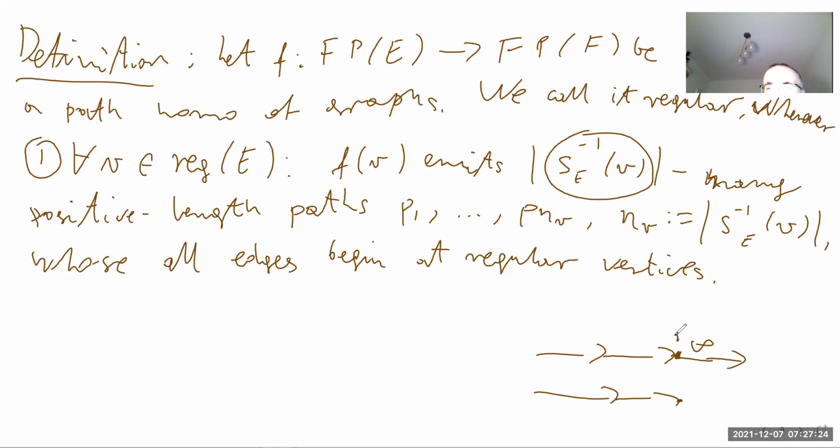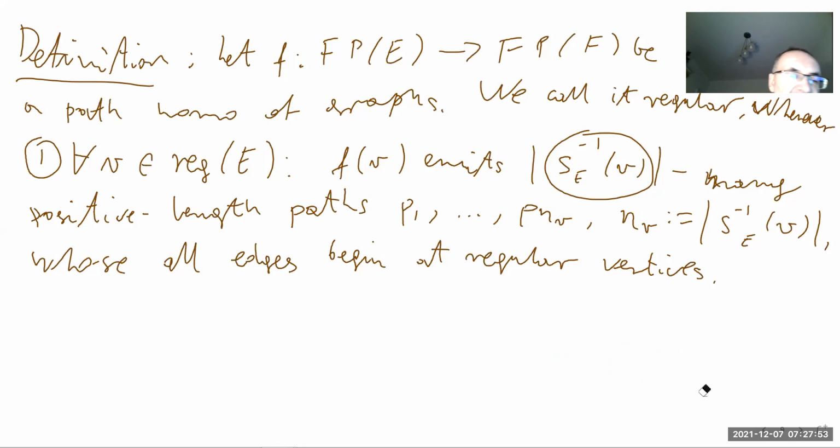So in both cases, this vertex V is not regular, and this is the end of my path V. But what is important is that this vertex is regular, where the last edge begins, and this vertex is regular, where the first edge begins. So I don't care about the regularity of the last vertex in my path, the end of the path. Well, of course, it's irrelevant because in the Cuntz-Krieger relations of the second type, we care about the beginnings of edges, not the ends. Okay, so whose all edges begin at regular vertices, and that was the obvious stuff, but